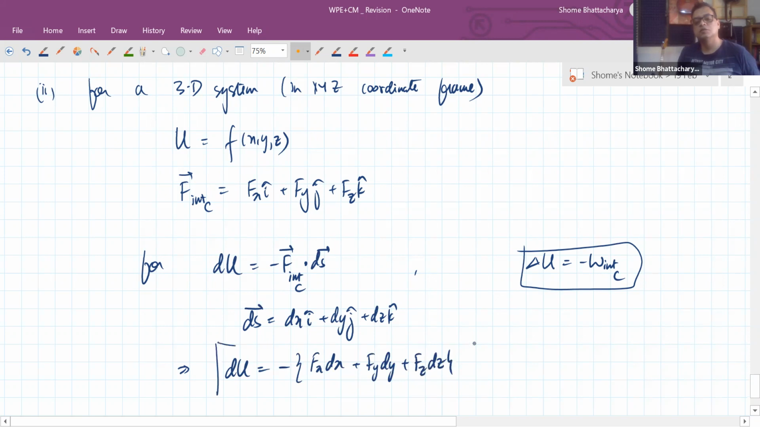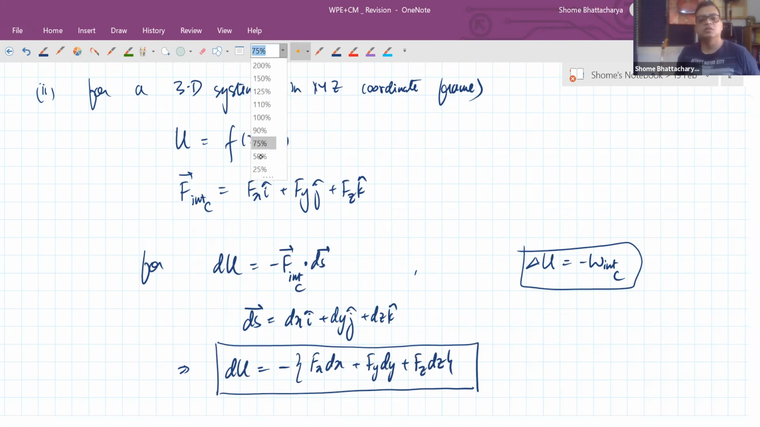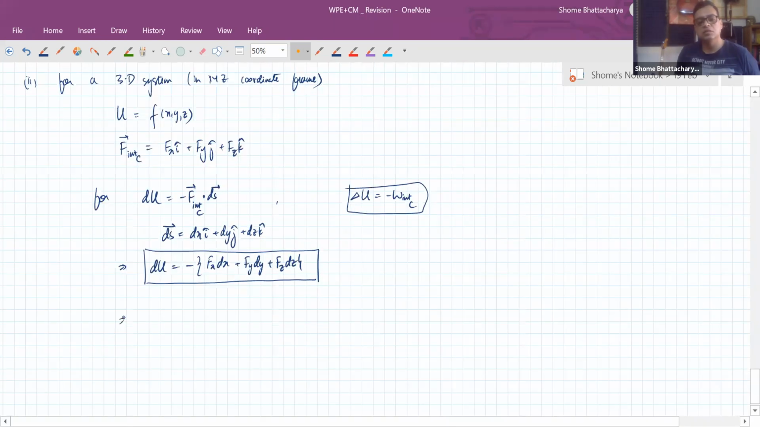So this particular relation. So now the inverse of this relation becomes that the X component of internal conservative force is negative of partial gradient of U with respect to X. The Y component of this is negative of partial gradient with respect to Y. And the Z component is negative of partial gradient with respect to Z, where we understand that